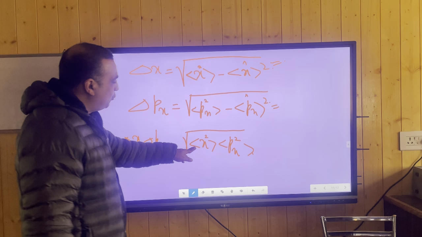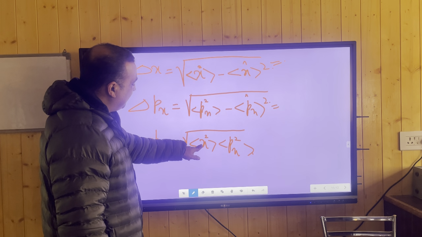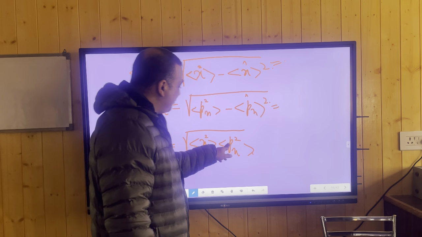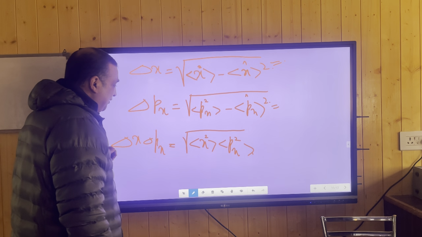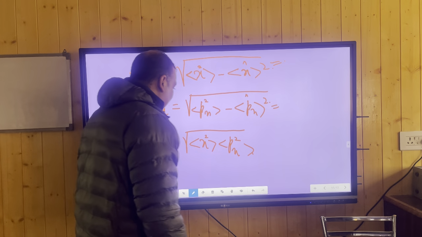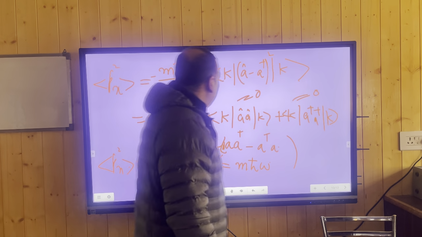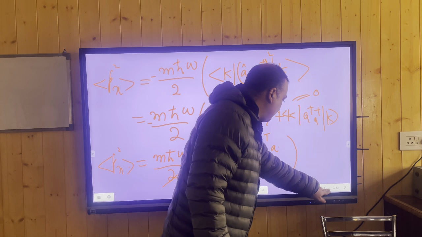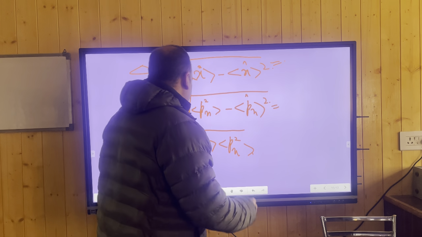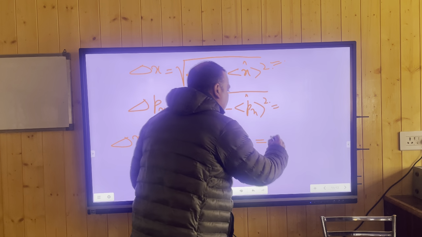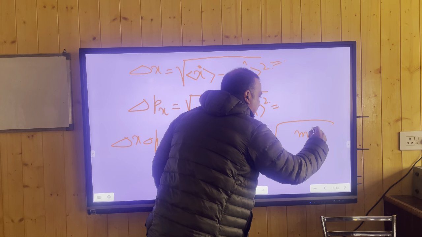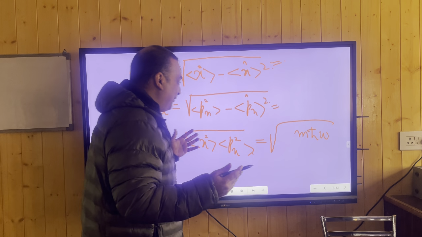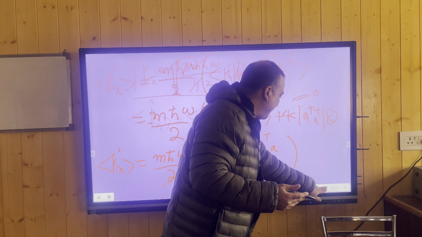Okay, so all I have to do is to use the square of the position operator, its expectation value, and the square of the momentum operator, its expectation value. So I would have to go to that now. I would like to see what that was. This one is m h bar omega. So this is equal to under root of m h bar omega. Maybe I committed some mistake, I'm not sure. There might be some minor mistake.